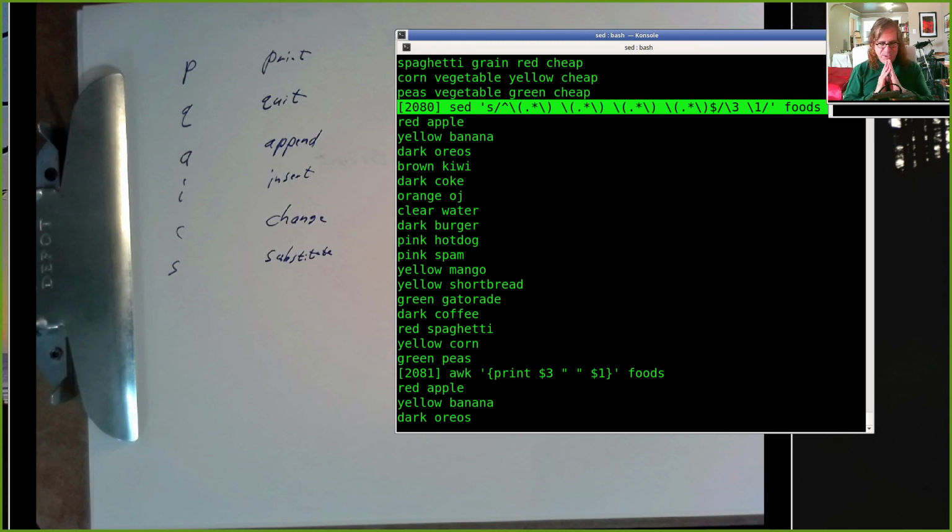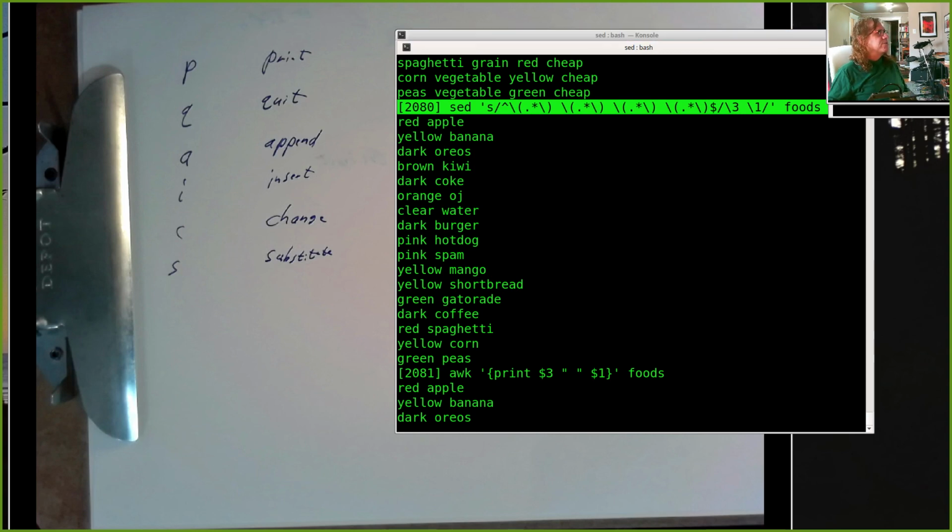Alright, so plan for tomorrow. I want to talk about the next homework assignment, programming assignment 5, and then we'll start doing presentations. Presentations will probably run through Monday, and then we'll go ahead, we'll talk about awk in detail, we'll talk about a few more commands that we should know about, TR for transliteration of